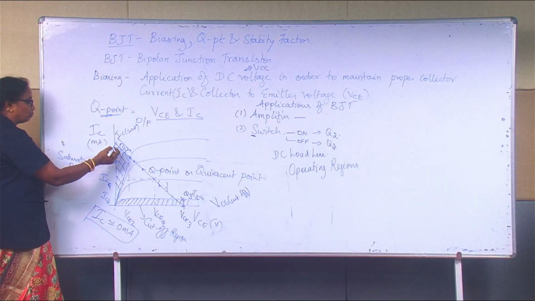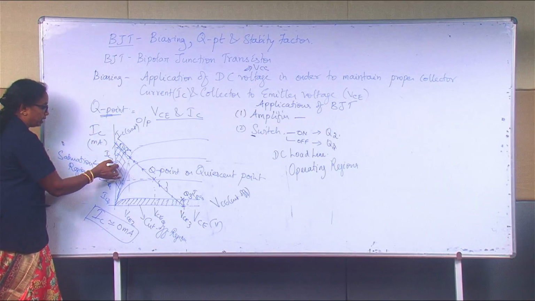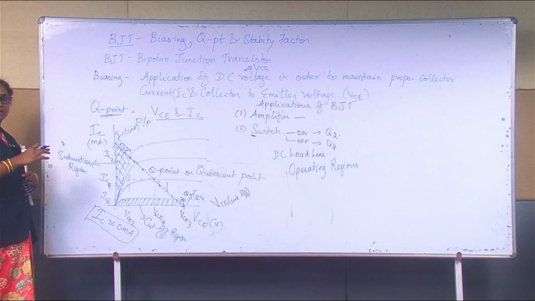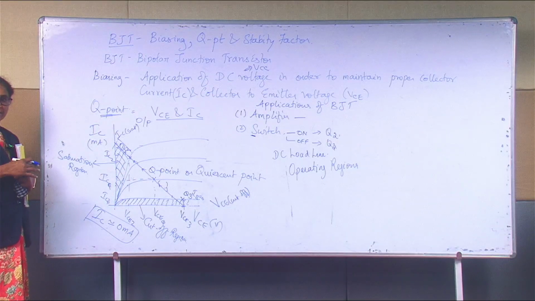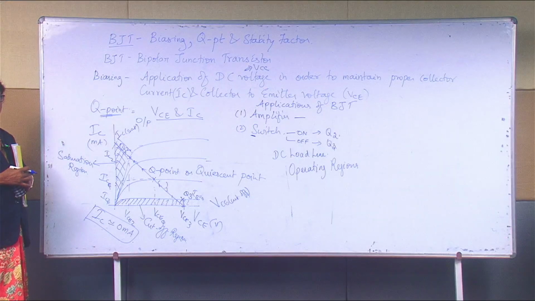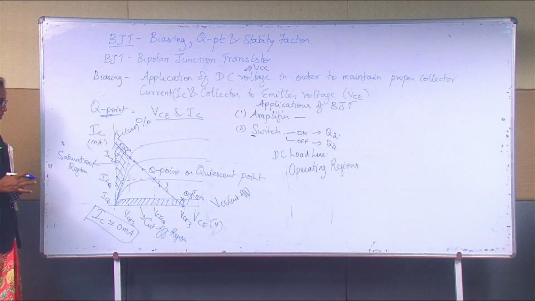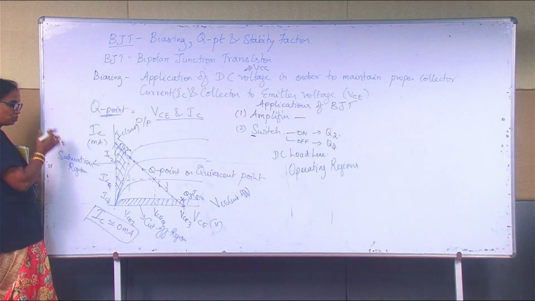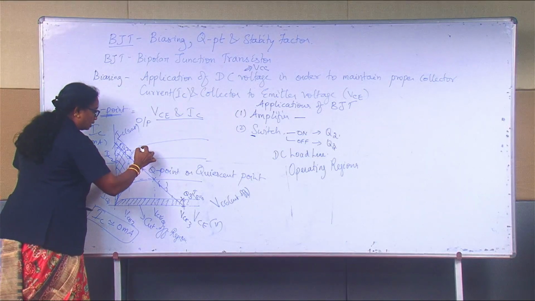The collector current will be maximum for any condition, which means the transistor reaches its extreme condition, contributing maximum magnitude of collector current. So, this is the saturation region, and this